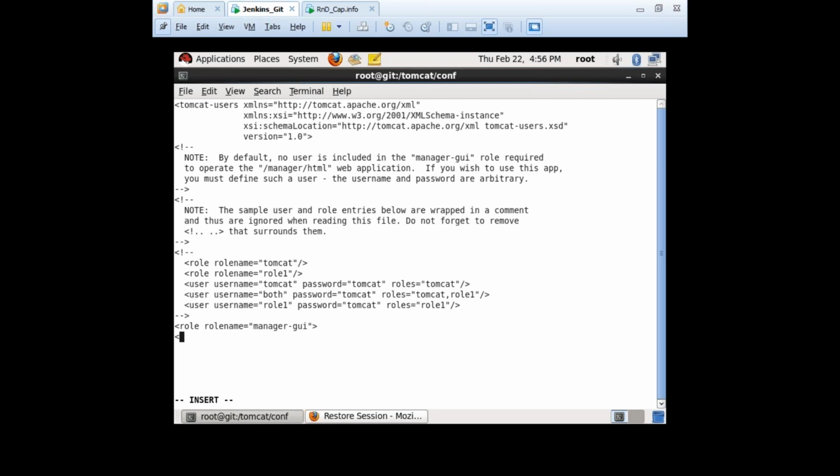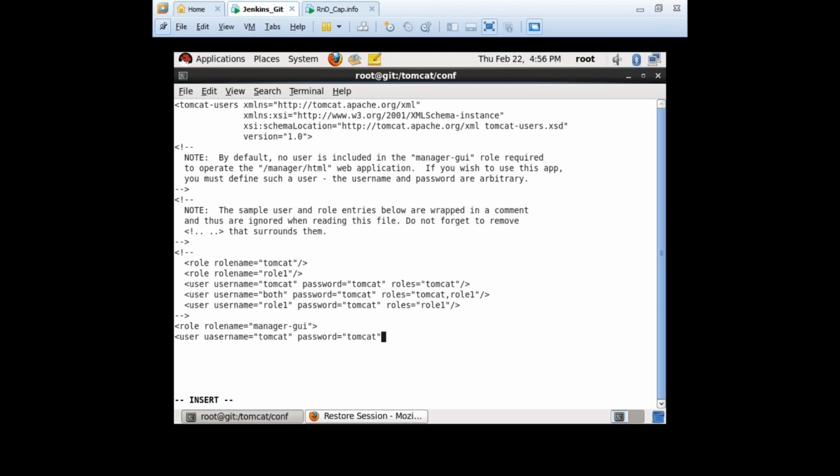Then a username, whatever it is, no issues. I want to create a user called tomcat. And then a password, some password.